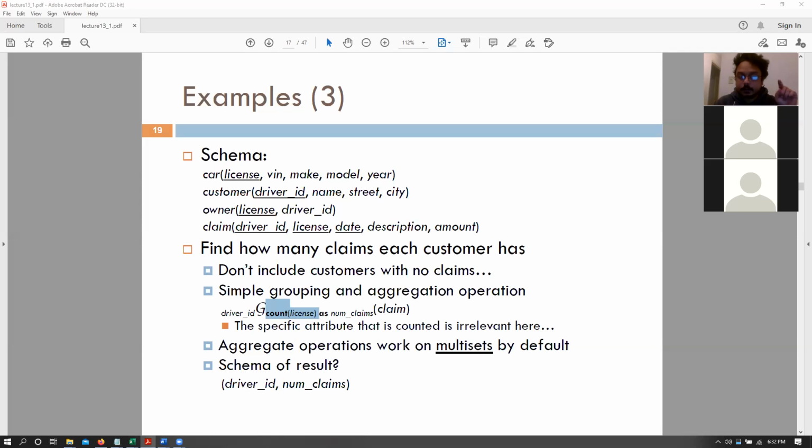It would work, right? And it would be better because licenses, in terms of relational algebra, are just going to be a set. The number of rows would actually be different, right? It would actually get me the number of claims, even if it is on the same license.